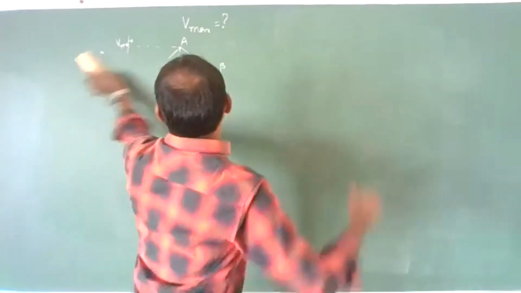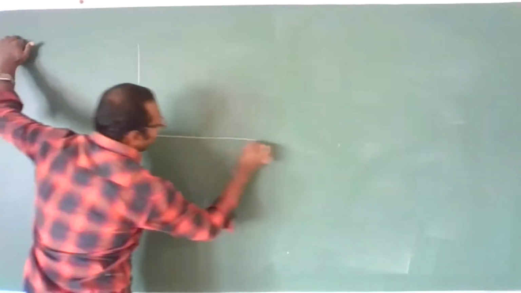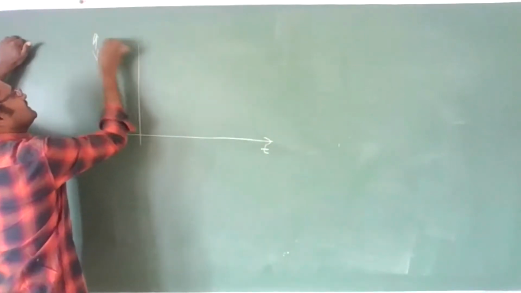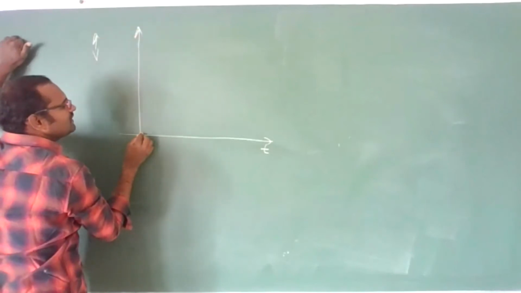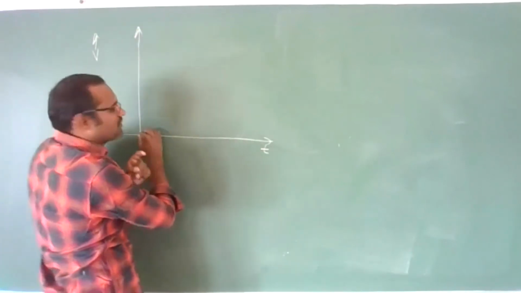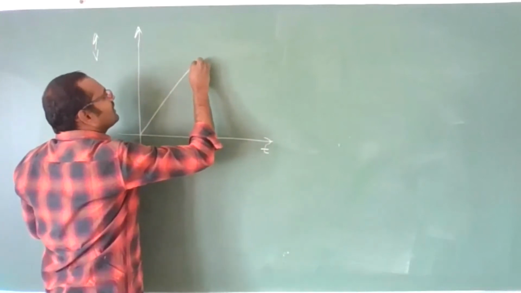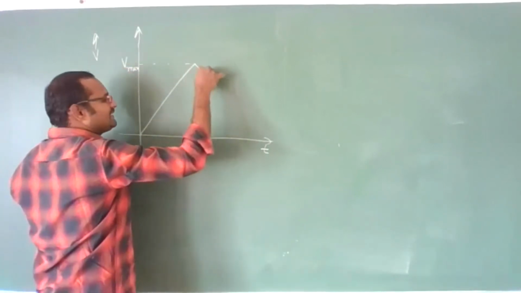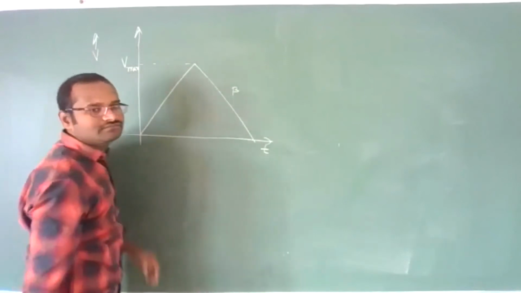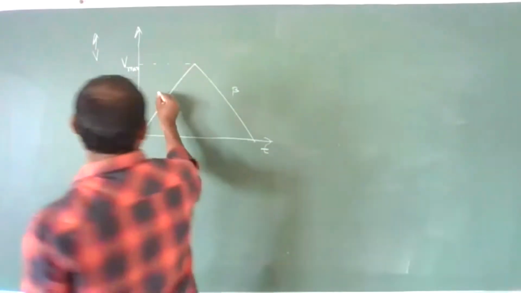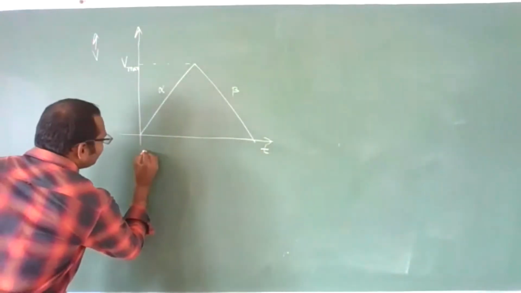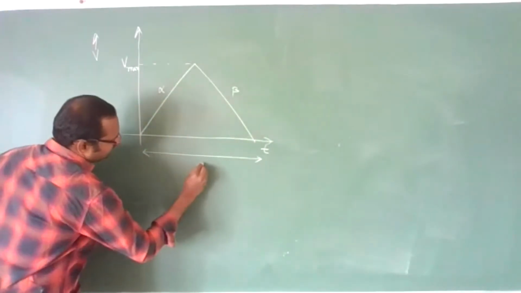Now, see, I'll redraw this. Let us imagine there is a velocity time graph, with a time axis and a velocity axis. Let us imagine the vehicle is moving with a constant acceleration. Then after reaching the maximum velocity, let us imagine this is V maximum, it starts deaccelerating at a constant rate beta. First accelerating at a constant rate alpha, then deaccelerating at a constant rate beta. Let us imagine that the total time for this total journey is t.